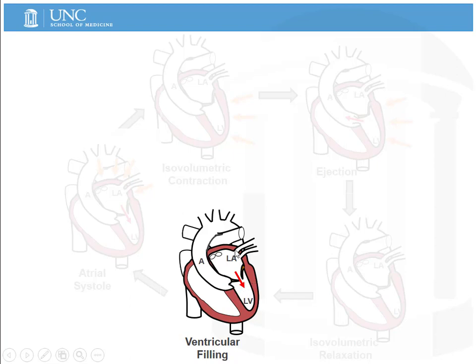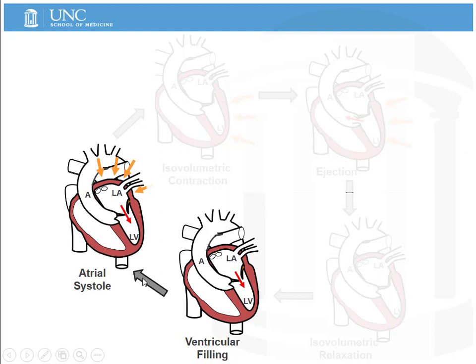Also note there's no valve separating these pulmonary veins from the left atrium. This means that blood is actually always flowing back into the atrium at all points in the cardiac cycle. Then there's a spontaneous wave of depolarization sent out from the SA node in the right atrium. That wave of depolarization makes its way through the atrium, causing it to contract and causing an increase in pressure inside the atrium. This causes a little more blood to be actively pumped into the ventricle through that open mitral